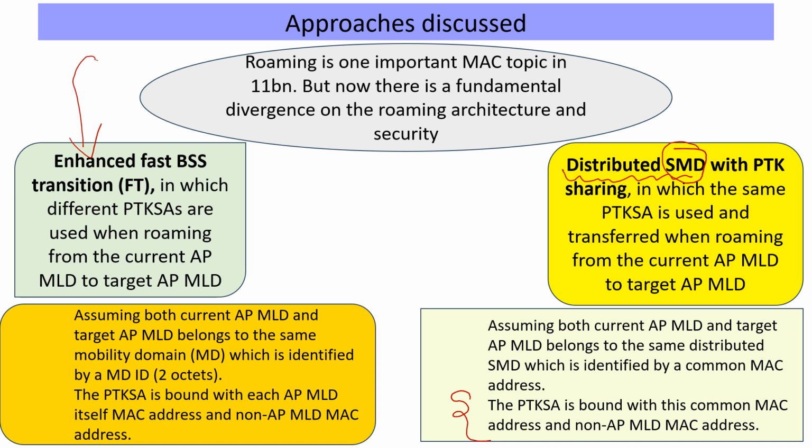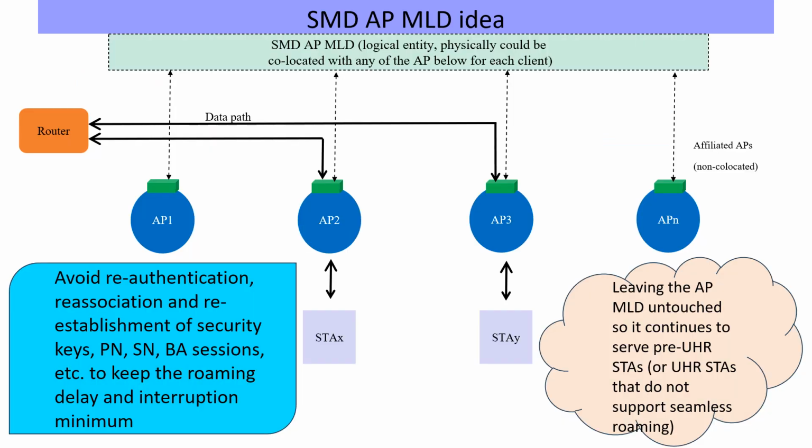Let's see an example architecture to understand how people are thinking. Remember, there are multiple implementation options. Here are your APs connected to the DS. There are some stations. Multi-link connections are the generic way to connect in this new era. And then this mobility domain sits above logically, with the ability to be placed in individual APs or maybe as a function outside of these. All these are left to implementations.